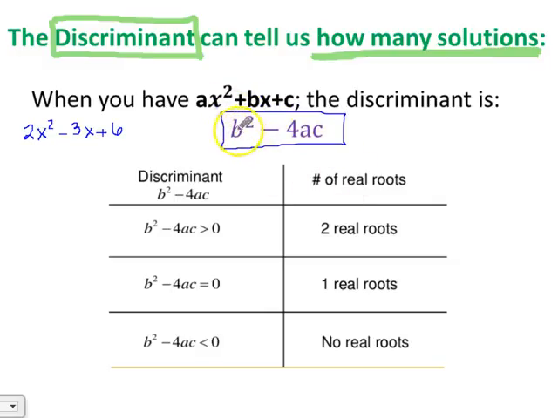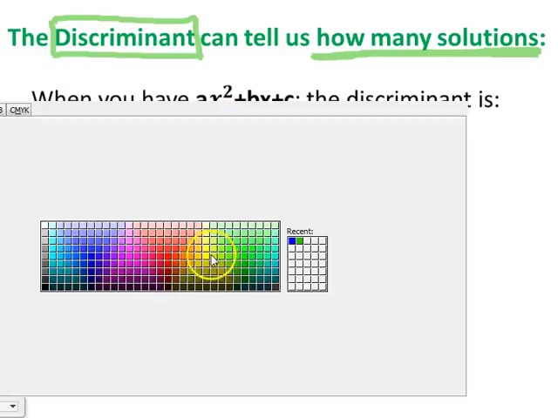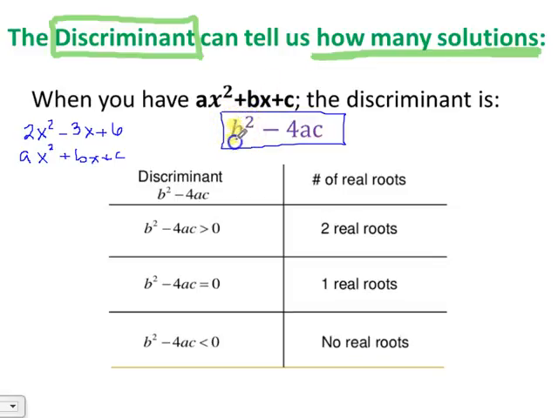So what's my b term? Remember, this would be our ax squared plus bx plus c. So which is my b term? The b term is the number being multiplied by the x. So it's going to be that -3. That negative belongs to that term. So I would say -3 squared,